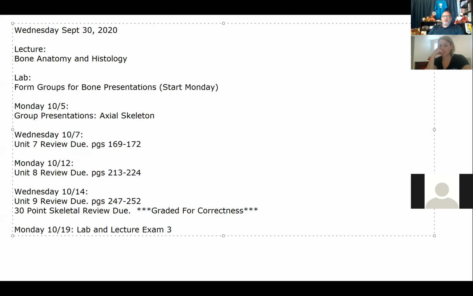We are on to our third section of the class, so we are rapidly racing through the material, and that is the skeletal system. We will start today primarily focusing on the anatomy and histology of our organs that are the bones, and then in groups. So this will be really the first time up to this point, what we've been talking about in lecture, what we've been talking about in lab, pretty much hand in hand. In this part moving forward,